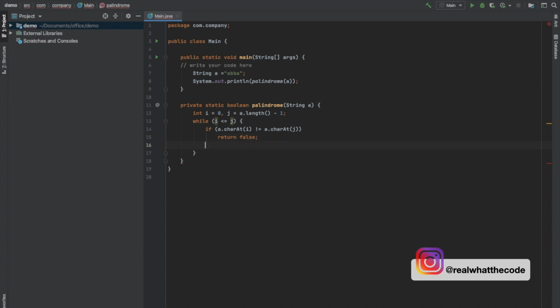And if they are equal, then I will increment i and decrement j. Now if it comes out of the loop and it didn't return false, then I will return true. So let's quickly run this program and see if my output comes out to be true or not.